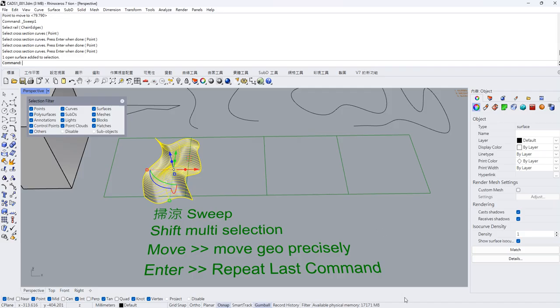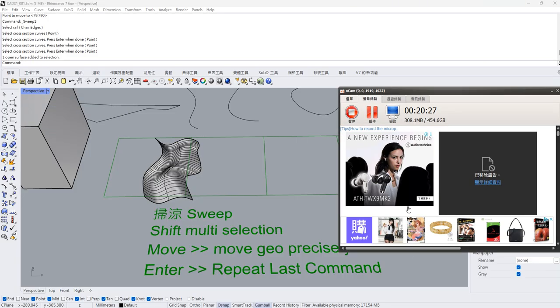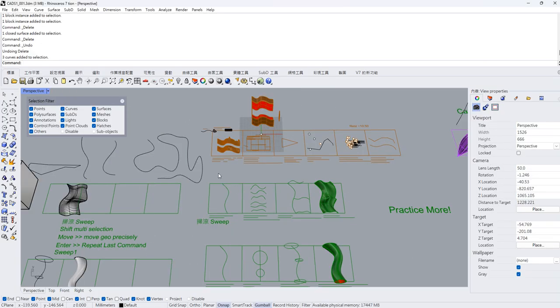Everyone, please take 10 minutes to get a bit familiar with the operations here. Then we will continue. So once you know how to do the sweep, basically, I think you can do around 50%, 60% of the modeling